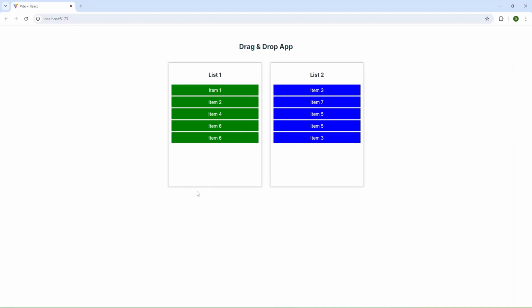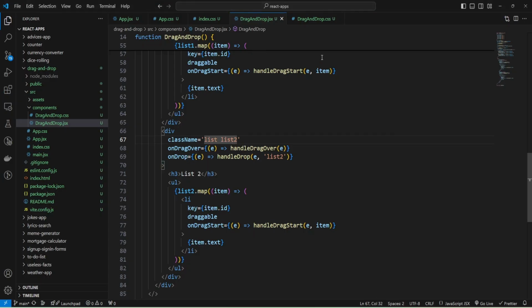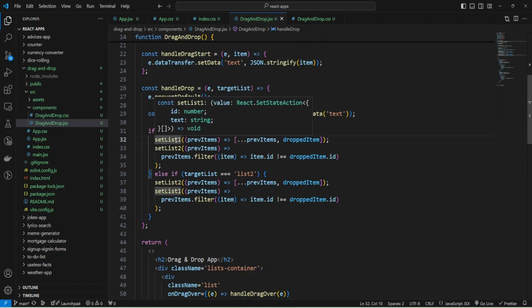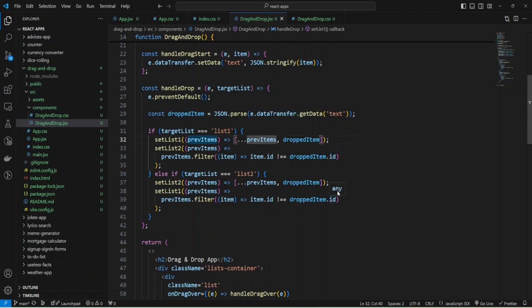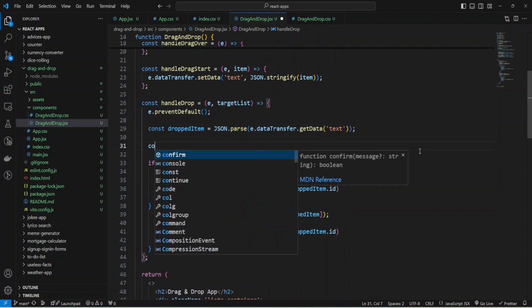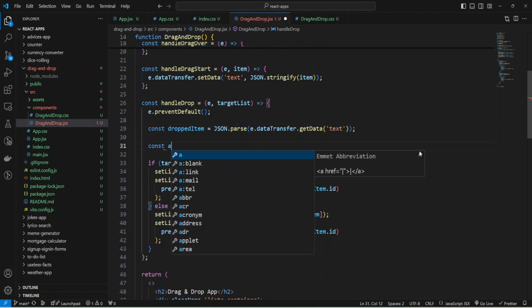And we need to fix that, and to fix that, I'm going to return to my code and change the function that we provided to setList1, and we need to check if the item is in the list, then we will not add this item to our prevItems array. And I'm going to create a new function for that,